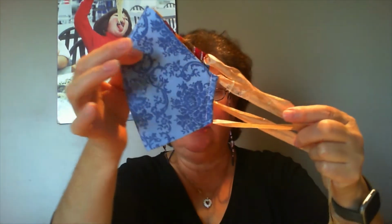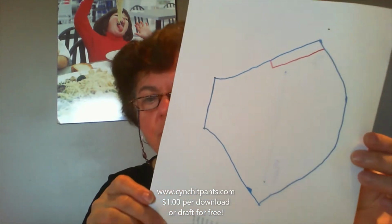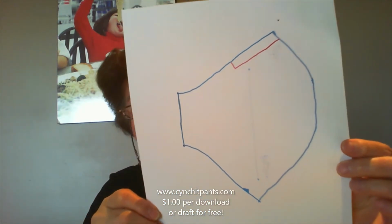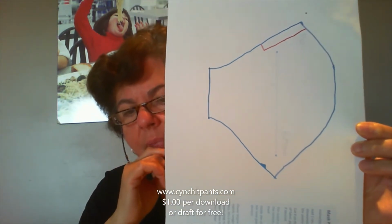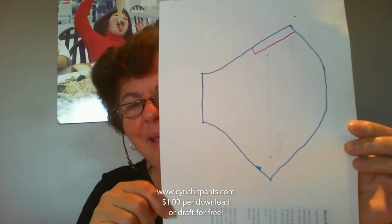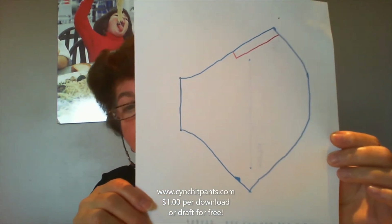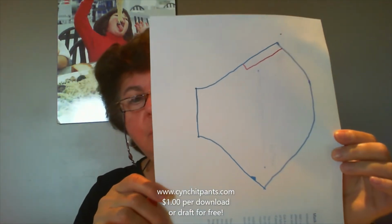And this is the pattern from the previous video that I had on how to draft and sew a face mask. Now this time I decided to make a downloadable pattern. So this is the downloadable pattern that I drafted. You'll forgive the bit of squiggly lines. I used my finger with the laptop mouse to make it. So anyway, it works though. So you can download this one here from my website,